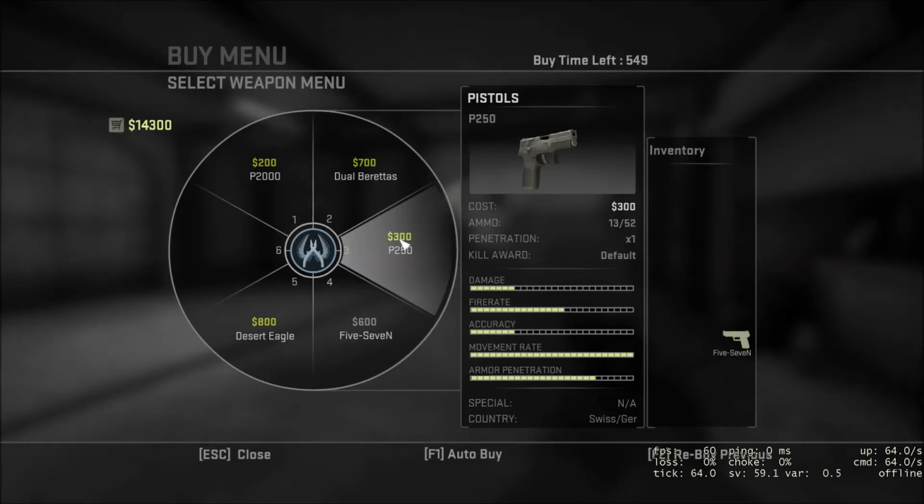I usually bought the P250 and a grenade in the first round, but now you can buy a flashbang as well, which I think is a very big change and makes the P250 an even more viable gun,